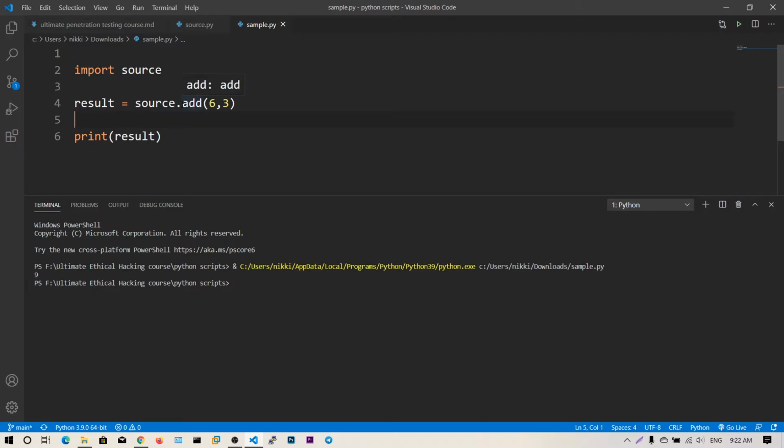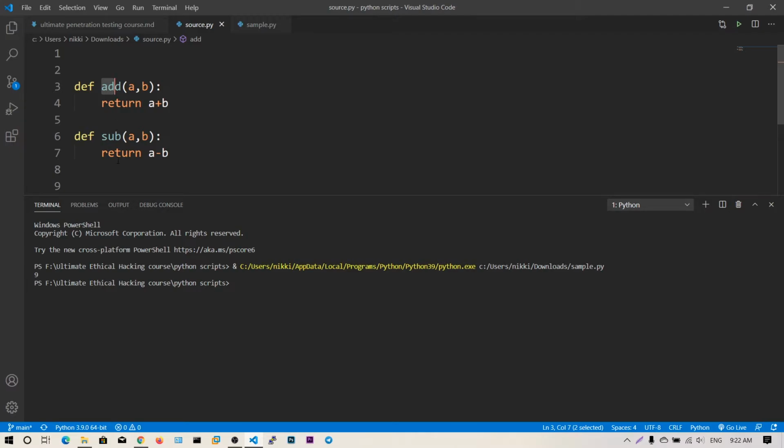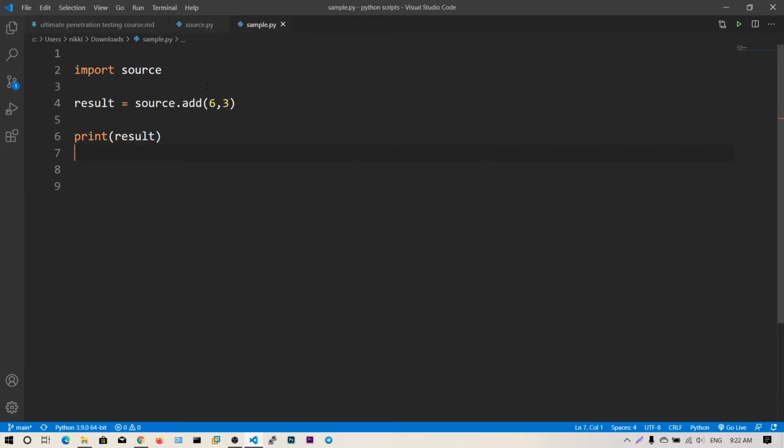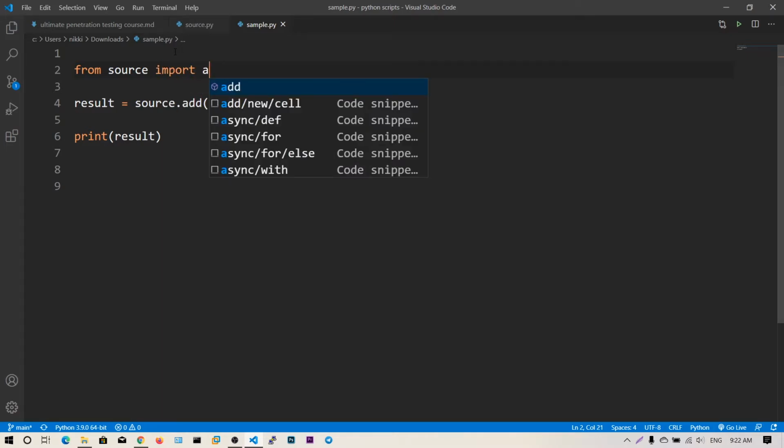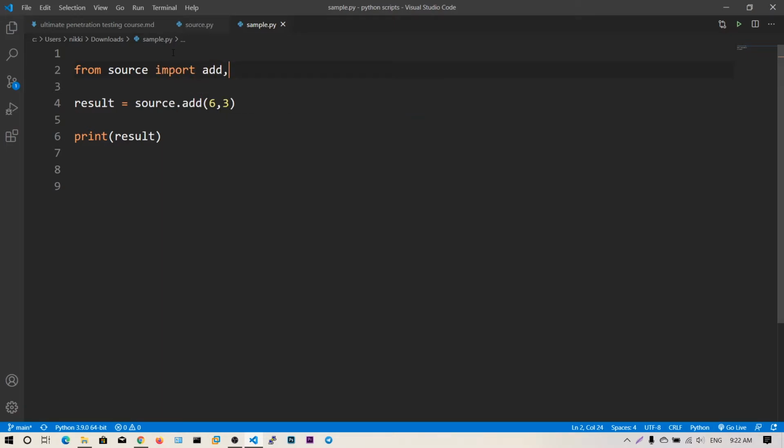This is called a procedure call, because we are calling the procedure of another script. Another way to import this is, you don't need to call source.add, source.sub, source.mul every time. All you can do is say from source import add comma sub.